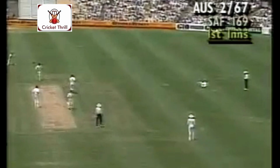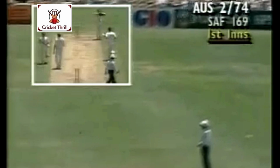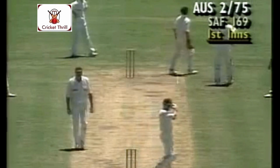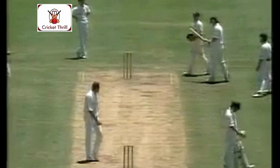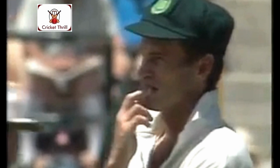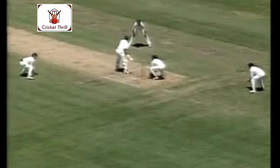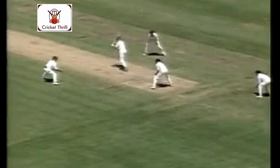That's a full toss. Smashed through the offside field. A loose delivery. Slater loves him there. And so 4 runs. That makes Slater. He really needs a man there to save that easy single. Yes, Kepler is the most obvious choice from silly mid-off across to position of leg slip. Leg slip might take the catch, and he can also...